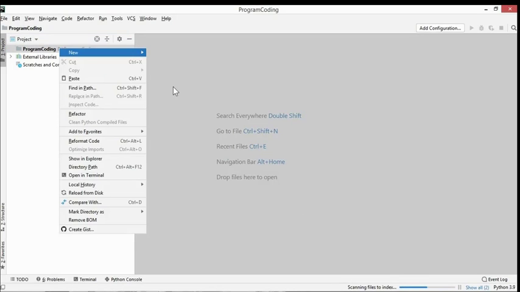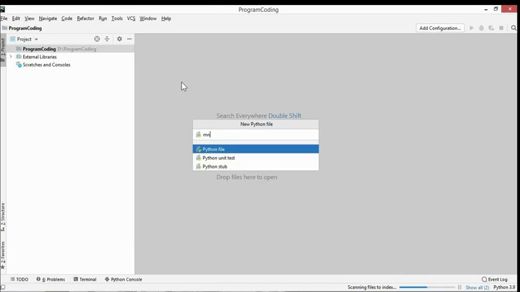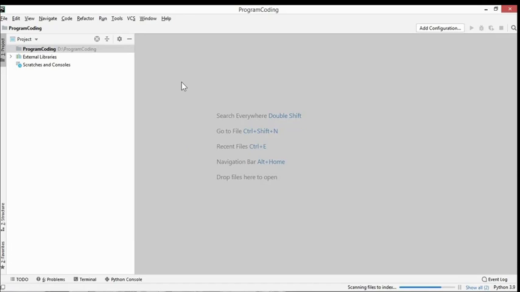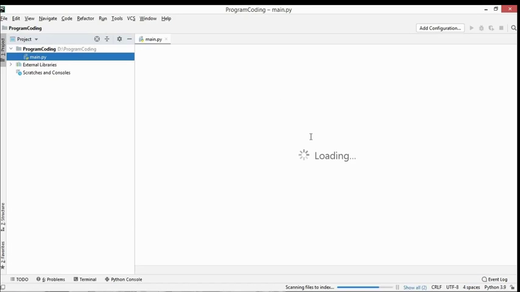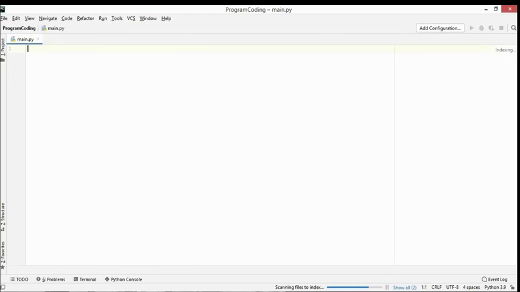Just give main.py. Okay, don't have to give, just type main, press enter, done. Now it would be taking some time. Just close it. It is indexing, so give it some time. I will be pausing my video.